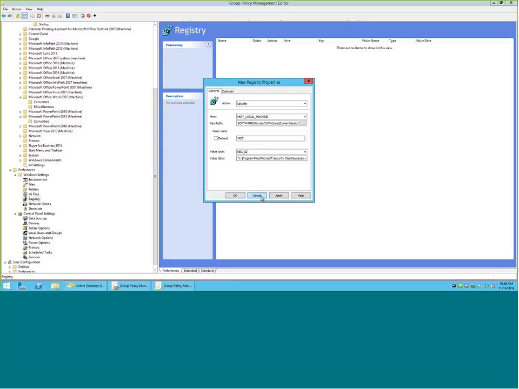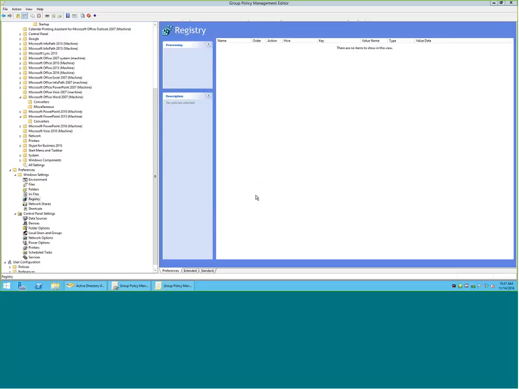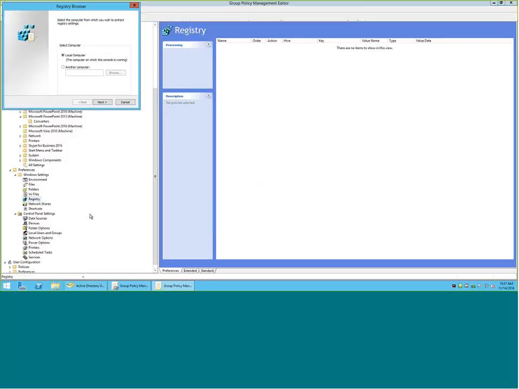So if I have something running on everyone's machine out of the startup folder locally, I could create a registry key here. I could attach it as a GPP, and I could apply it to my computers in my CSI computer group, and it would eat that startup item, and it would no longer appear. Pretty cool stuff. All right. The other thing I could do here is I could use the wizard,